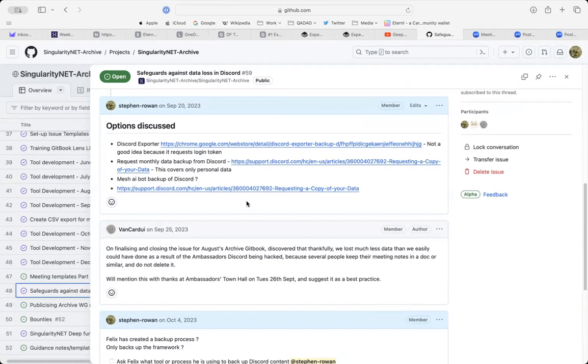That's not going to work. And if you require a token, that's just going to create a security issue again, isn't it? Is that the reason why we don't want a login token? I don't know. Yeah. It's annoying, because you'd think it'd just be a simple administrative function, wouldn't you? But there's nothing like that in Discord. But as you say, maybe I should check again. Maybe I can DM Felix.